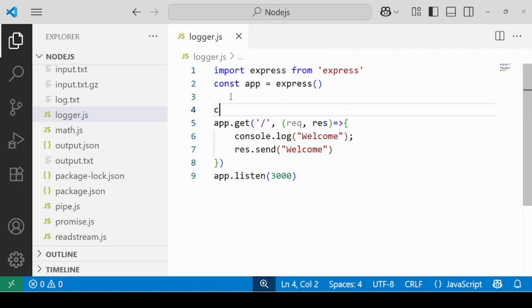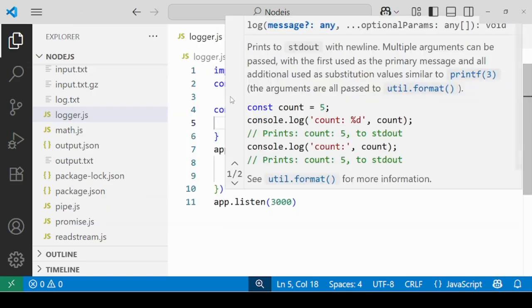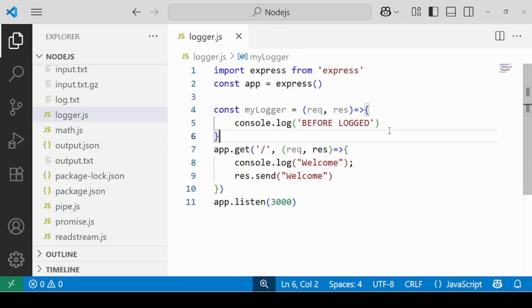So I'm going to create one function that will represent the middleware: myLogger equals request and response. I need console.log. I'm going to have "before log". So before log will be printed before you receive this message, welcome.